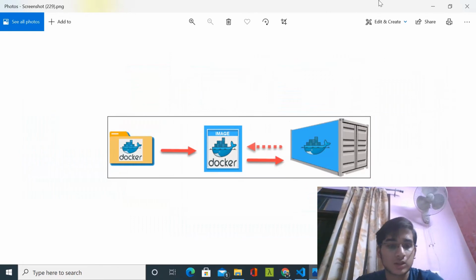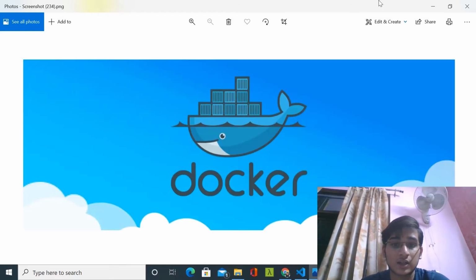Now, how do we make these containers on our system? For this we have many container runtimes, but the most used and most preferred one is Docker itself. For Docker, we have an image repository called Docker Hub. From here we can find images made by others and also share the images made by us, which we will see shortly.